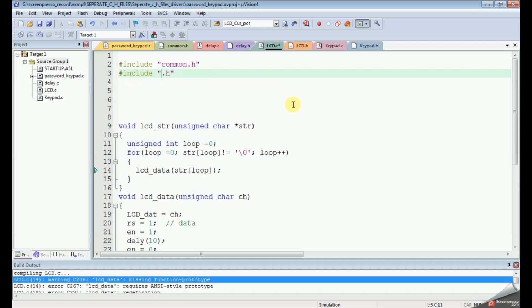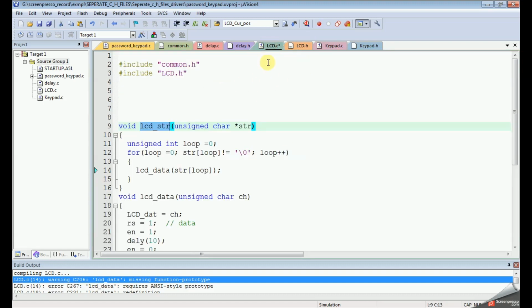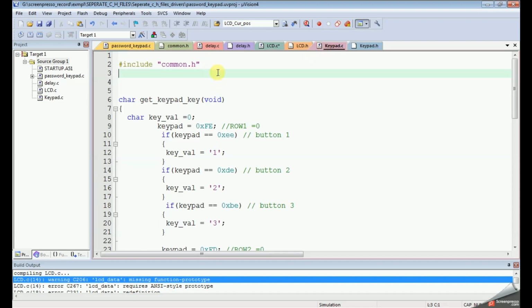So I'm including lcd.h here, since all the prototypes are in the lcd.h file, so we have to include this header file here. Similarly for keypad also we have to include it. The keypad.h file should be included in the keypad.c file.